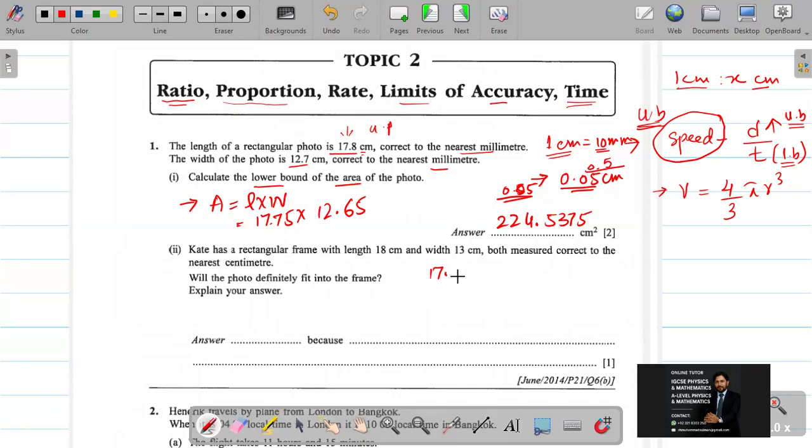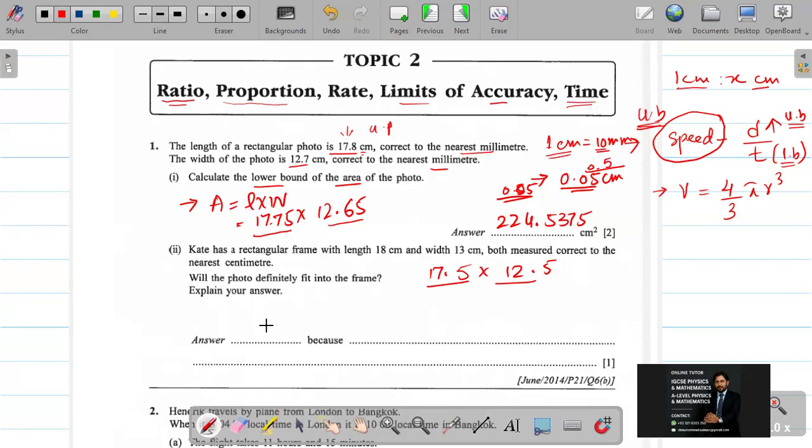I'm saying that 17.5 centimeter, that is the frame. Okay, nearest centimeter, I'm also going to calculate its lower bound area. 17.5 multiply should be 12.5. I will have to take the lower bound minimum area so that I can maximally calculate for that. If I look at these values, it is 17.75, it is 12.65, means this is the big area. So I will say here, by looking at these values, I don't need the calculation to show the area over there. So I can say no, because